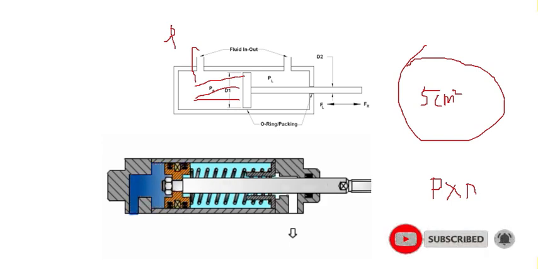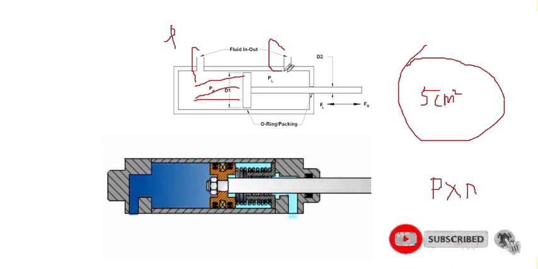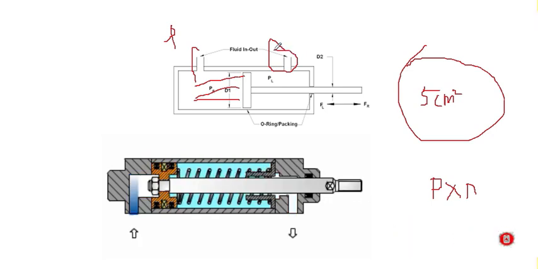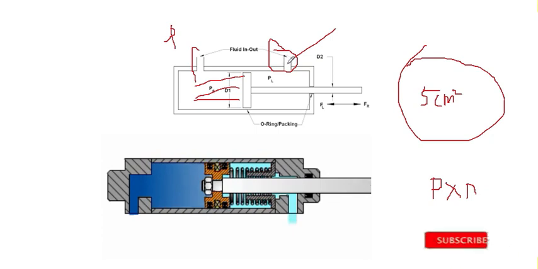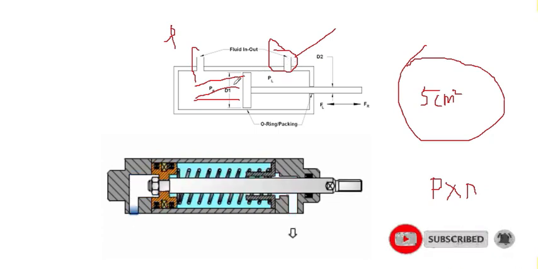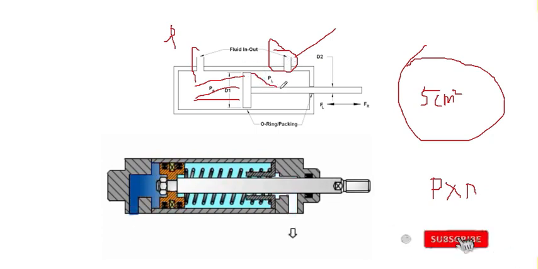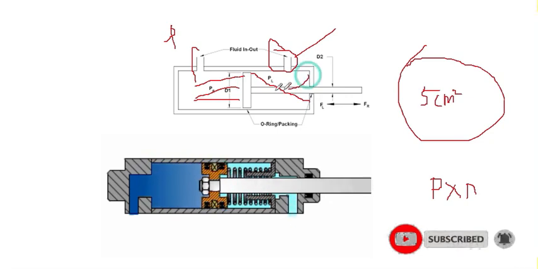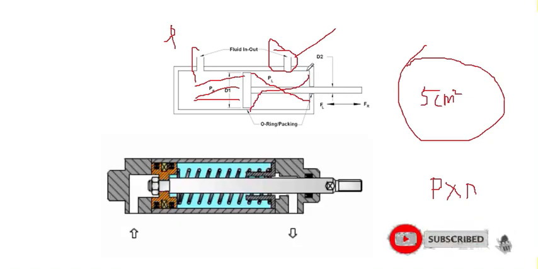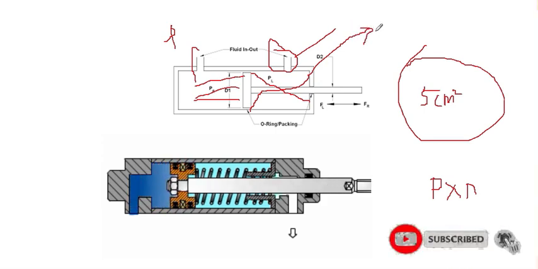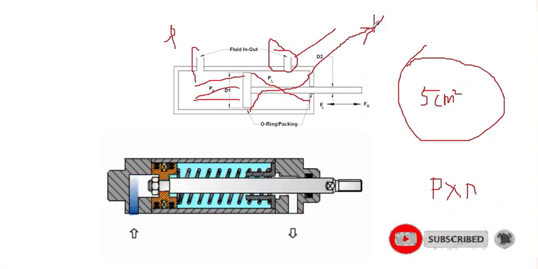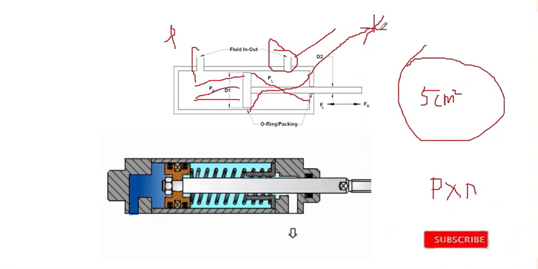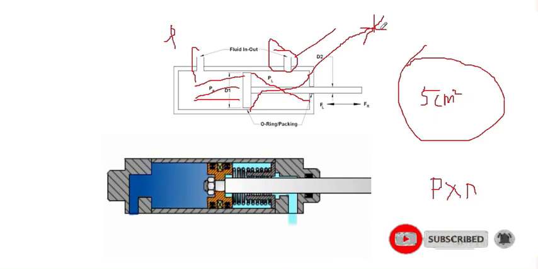The only difference is there will not be a retract inlet in a single acting cylinder. In this place there will be a spring to take care of the retraction. You should be aware of the working force of this spring in kilogram force. That is the main difference between double acting and single acting cylinder.